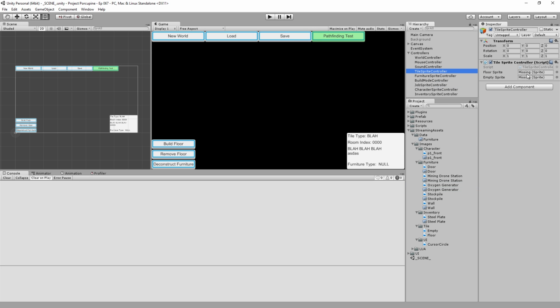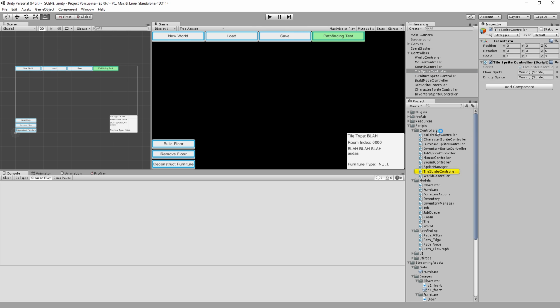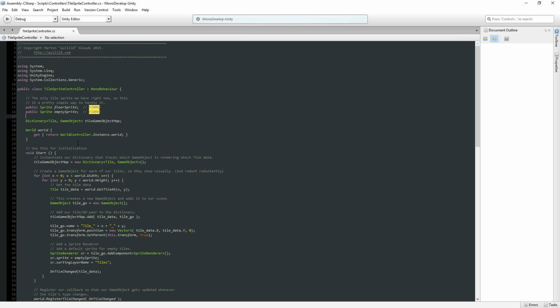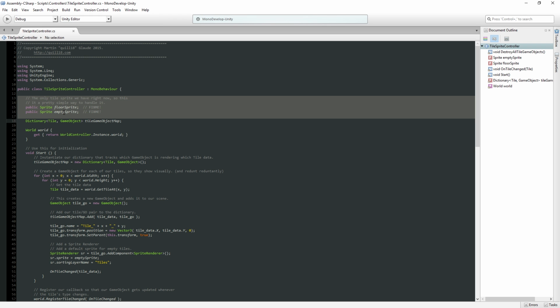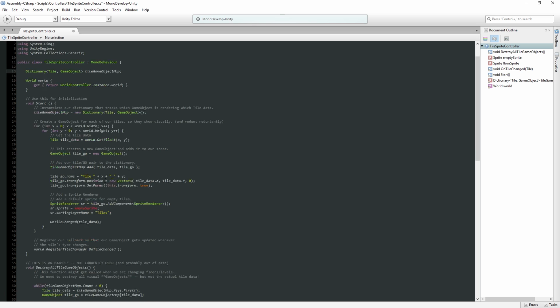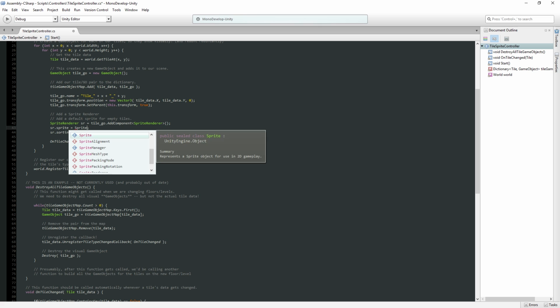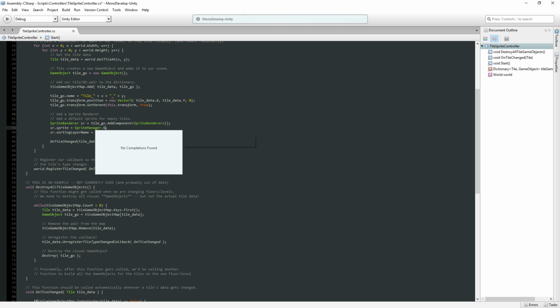The whole idea is that was a temporary little hard coding until we got a better system in place, and we have a better system in place now. We have the means for being able to load these in. See, all these fix me. We don't want to have that right now. So we're going to actually remove the references to these floor sprites and empty sprites entirely, because here, what we're going to do instead is just say sprite manager dot current dot get sprite. For category name is going to be